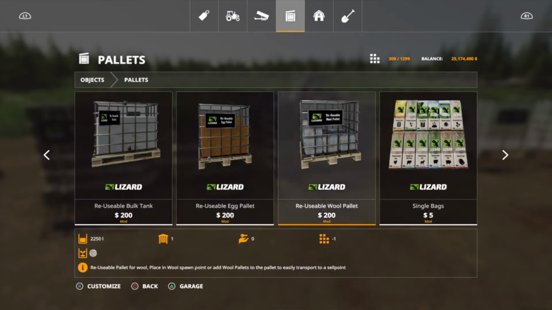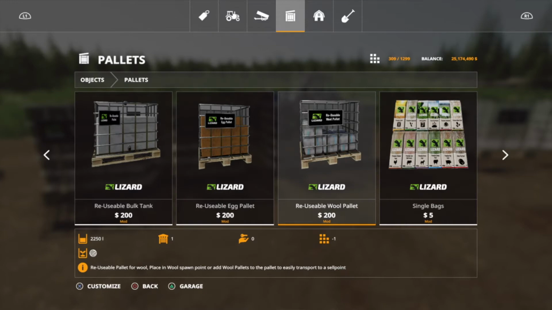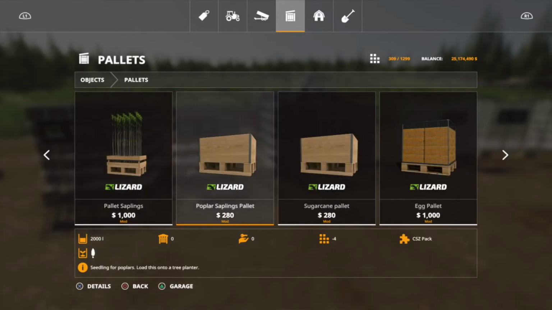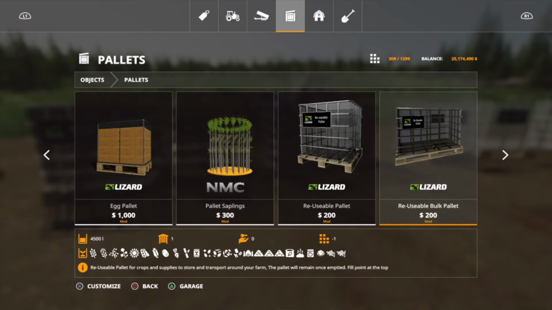But these two here are the ones that I think are your real game changer in this pack, and that's your reusable egg pallet, your reusable wool pallet. And before, we had this one for $1,000, holds 24,000 litres of eggs. Yeah, handy, very cool. I was loving them. The new ones are even better,